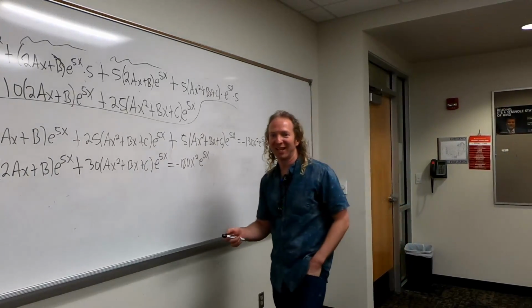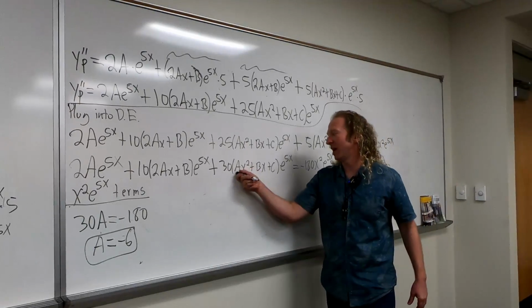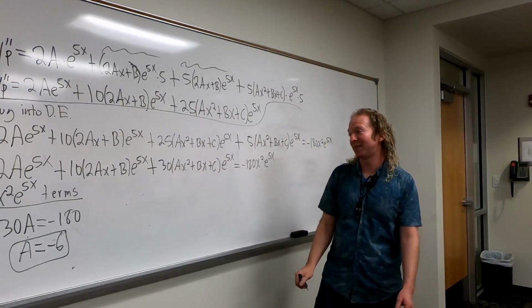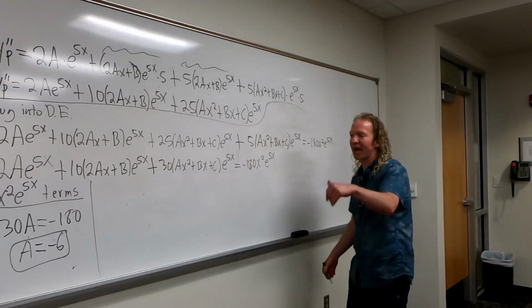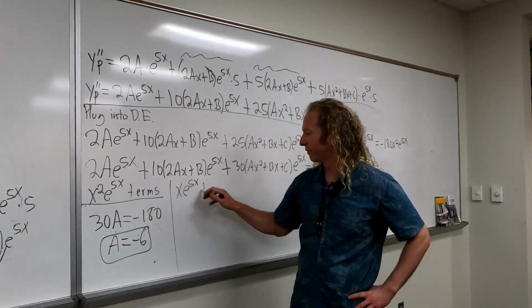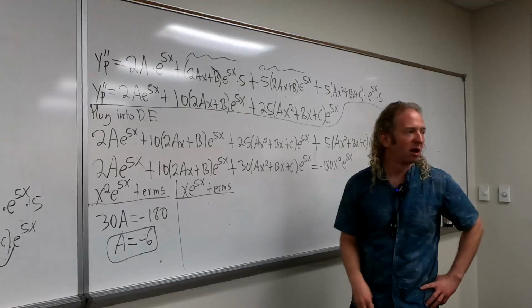See how we did that? Yeah, the distribution is just the fun of that. 30a x squared e to the 5x. It's ridiculous, right? It's a whole other level of math. I guess let's go down a step to x e to the 5x. So how are we looking for these? It's not based off something, right? No,